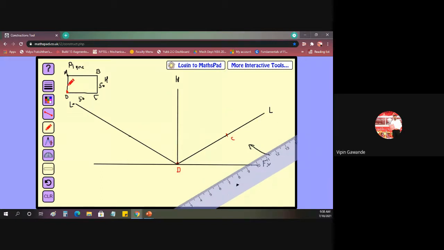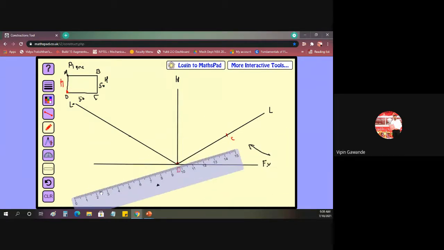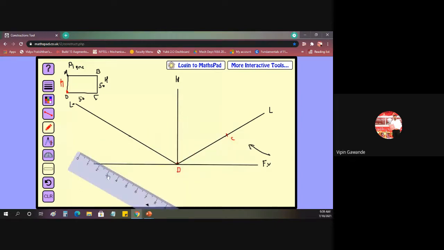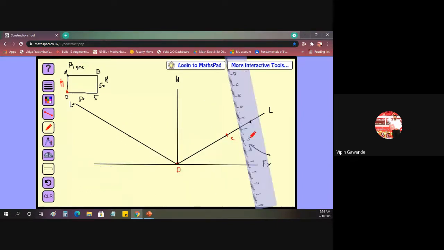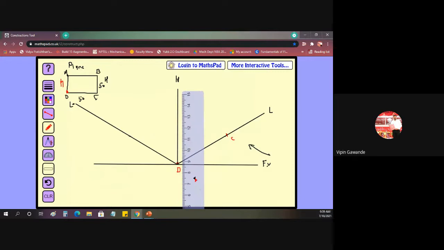Now what about the vertical line? Because we don't have it yet, we can draw it afterwards. First of all we have to draw L and H. We have two axes. Now the AD line is 50, so we have to take it vertical. First draw the dimensions on the isometric axis. So here also we have 50 mm.